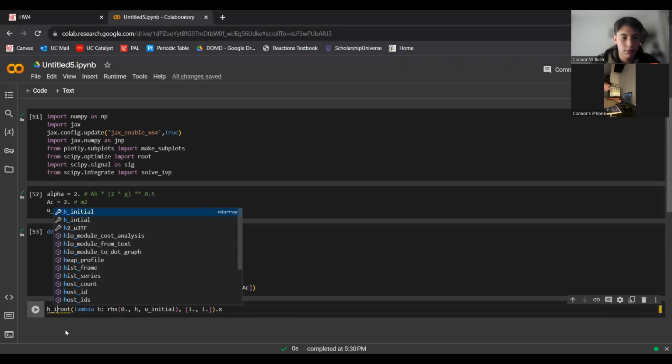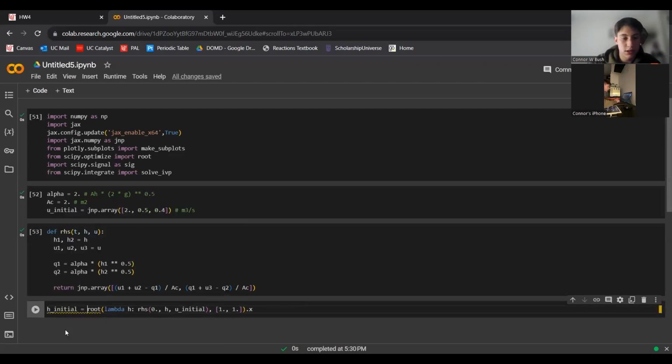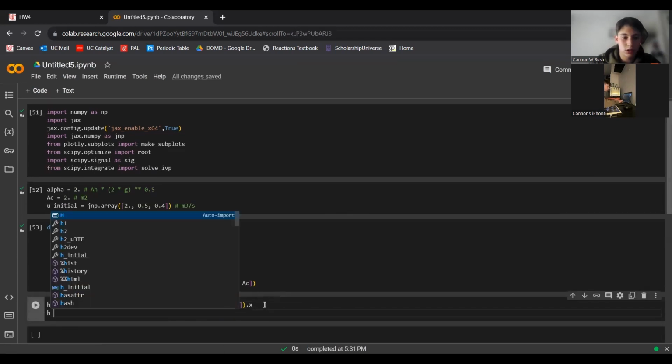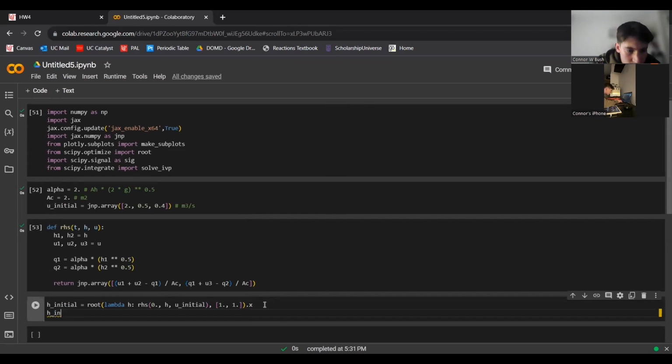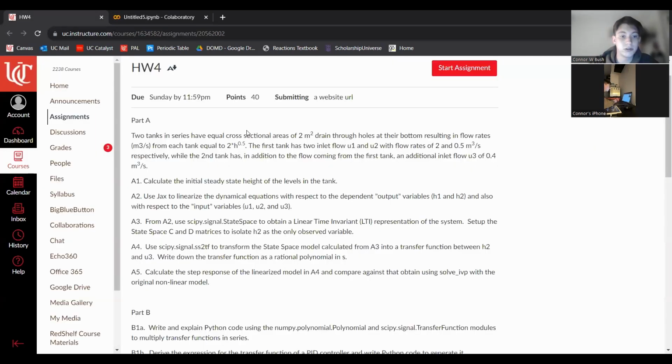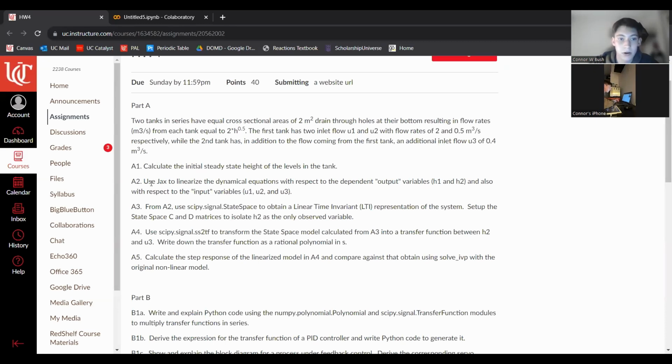So this is going to be our vector, H initial, that is what we are given. So the steady state height for tank 1 is about 1.6 meters, and then the steady state height for tank 2 is 2.1 meters. So now if we go into part A2, we want to linearize the dynamical equations